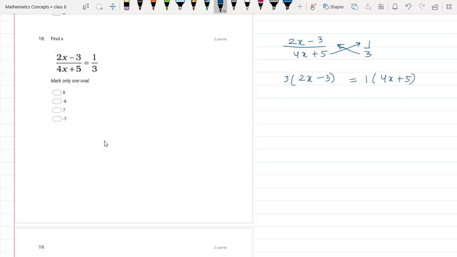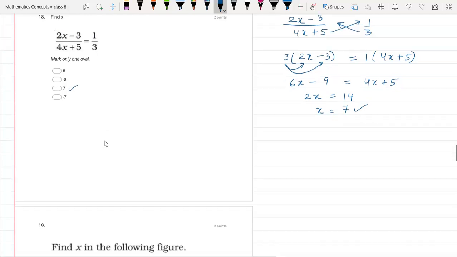Now we all know we can use the distributive property. By that property we have to multiply this, then the minus sign and this. So 3 2s are 6x minus 3 3s are 9 is equal to 4x plus 5. Now bring together like terms. This 4x will come on this side. 6x minus 4x is 2x. Minus 9 will go to that side and become positive. 9 plus 5 is 14. So x is equal to 14 upon 2. Answer is 7. So 7 is the correct answer.